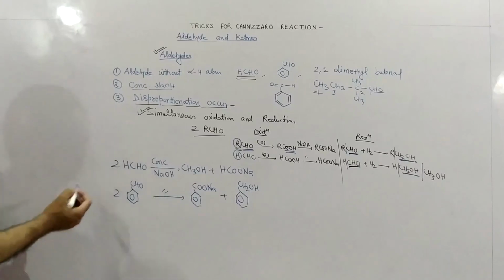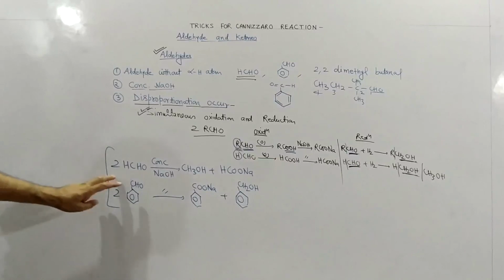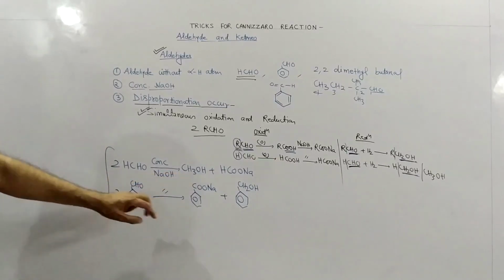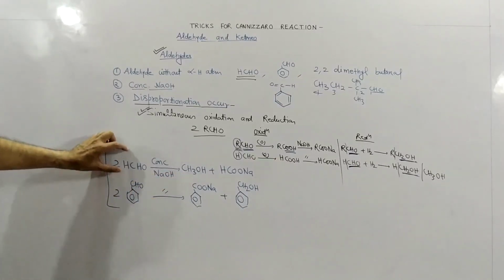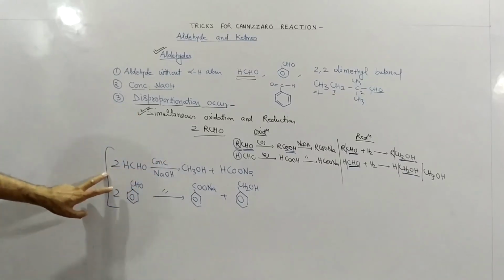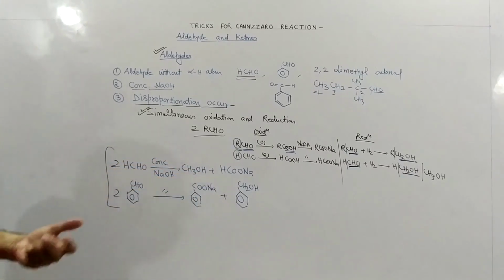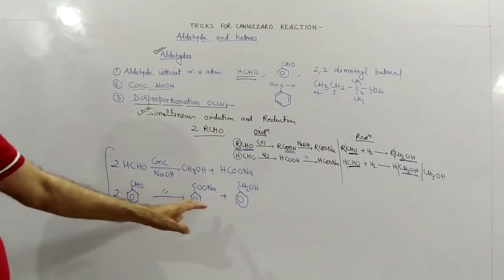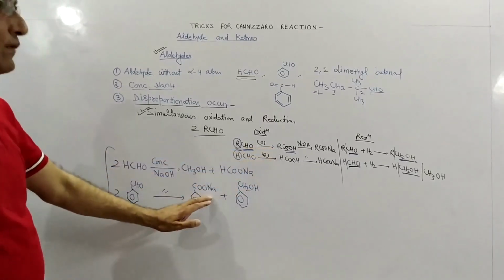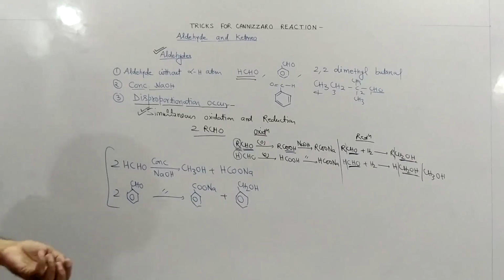So in your NCERT books, they have written reactions like this, and I explained what is happening in this reaction. We have taken two molecules of aldehyde. One molecule undergoes reduction, it forms alcohol. The second molecule undergoes oxidation, it forms carboxylic acid. And since we are taking strong alkali, the carboxylic acid will be obtained in the form of its sodium salt. I hope now you can easily write the product of the Cannizzaro reaction.